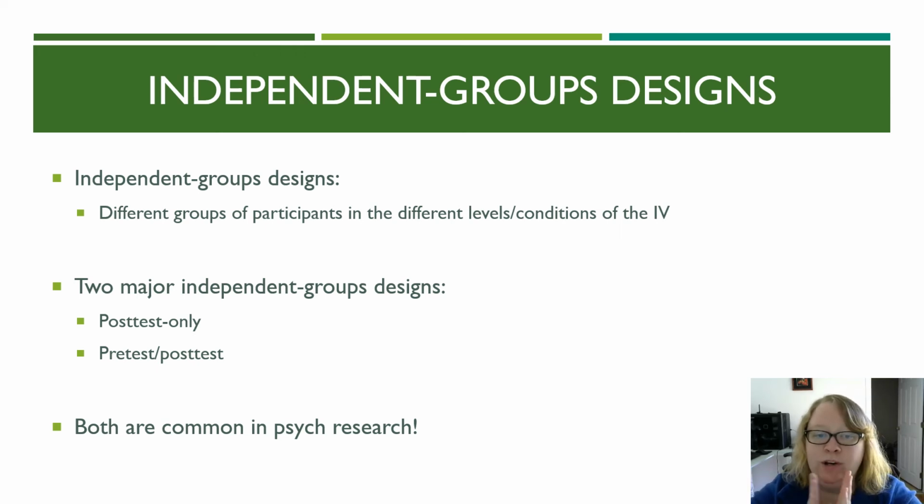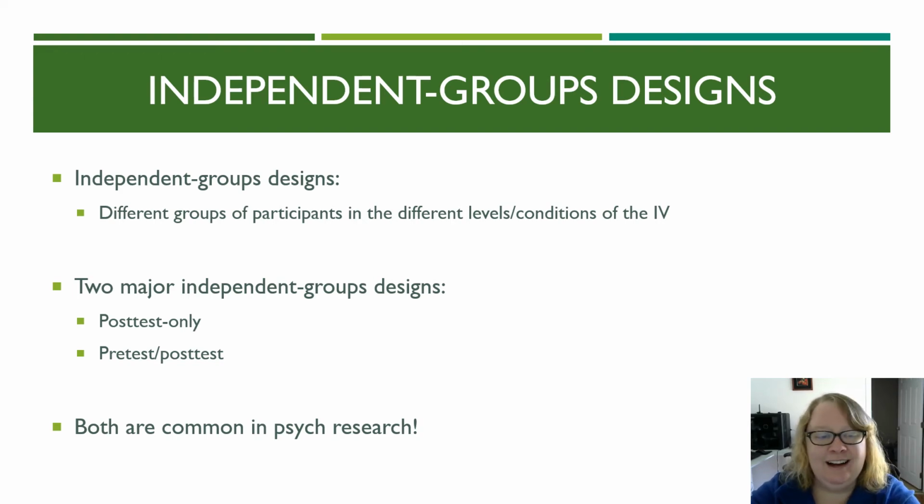Pre-test post-test is where you're going to give the DV twice. You give the DV first, then you do the manipulation, then you do the DV again. In the pasta bowl study, that would be like if I gave people the pasta to eat first, and then I gave them a bowl type, medium or large, and then I gave them the pasta to eat again. You can see why that would be a disadvantage in that type of study, because they'd already be full from the